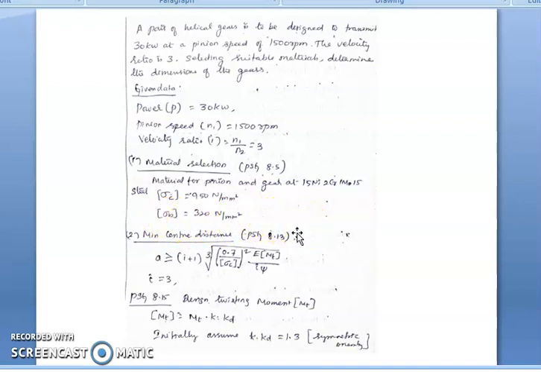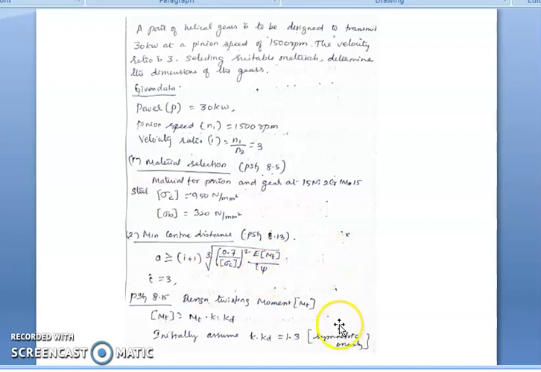Then the second step is the minimum center distance. From the data book, page 8.13, we select the minimum center distance formula for the helical gear. In the data book, formulas are available for spur gear as well as helical gears, so we should carefully select the formula corresponding to the type of gear drive. For the helical gear drive, the formula is (i plus 1) times the cube root of (3.7 by sigma C) the whole square, times Young's modulus, design MT, over the same terms.